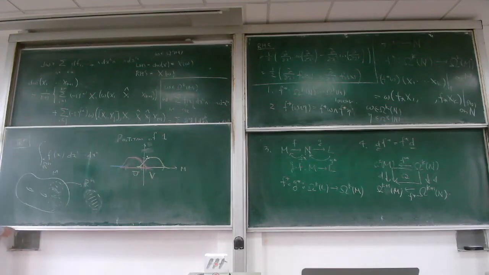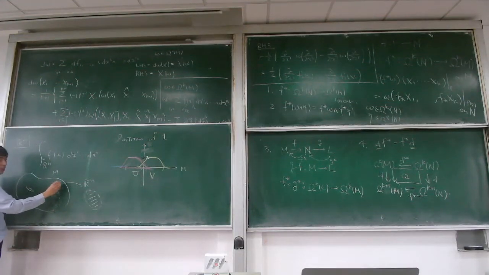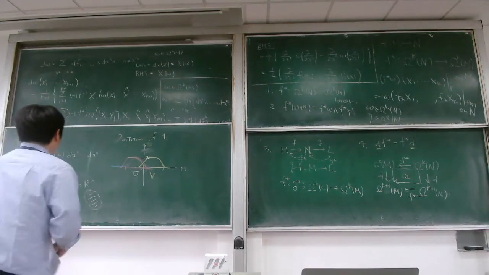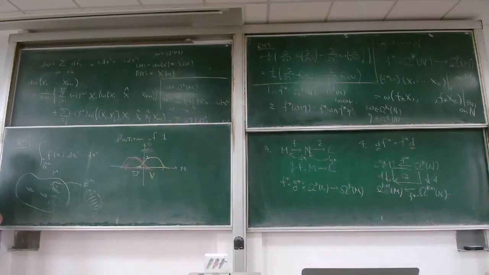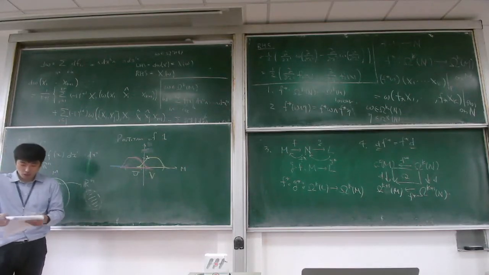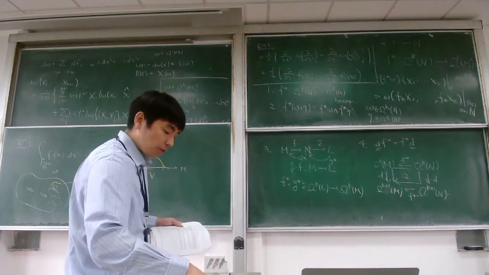So if you have local patches and there's an intersection, just schematic. So at the intersection, if you have some partition of unity, like this way, and then here it's a partition of unity. So at the end of the day, the summation of red and blue has to be 1 at the intersection. Okay? So then we can avoid the overcounting of the integral around the intersection if you introduce partition of unity. Okay? So this partition of unity,